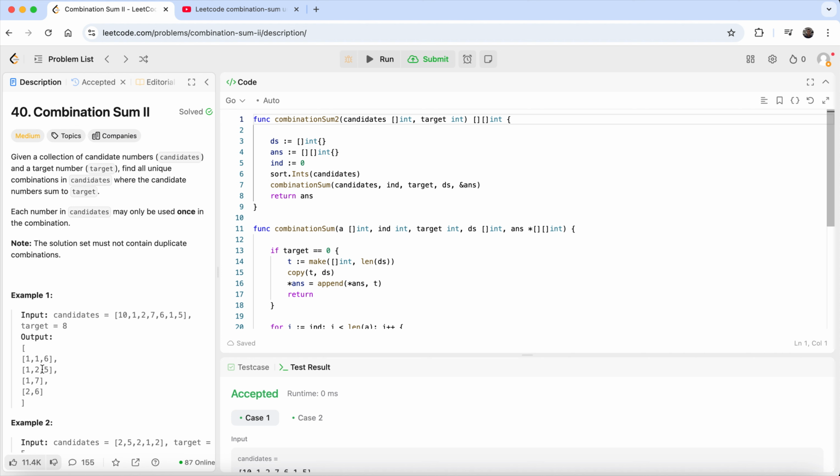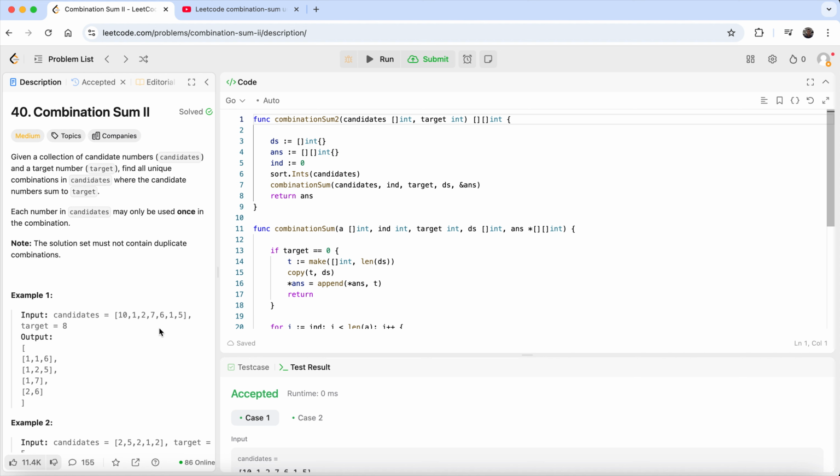That's also in Combination Sum 1, but there is a little bit of difference here. In this case, it says no duplicate numbers should come. You can see they give a collection of candidate numbers and a target, and we find all unique combinations in the candidates where the candidate numbers sum to the target. Each number in the candidates may only be used once. So if I use this one, then one, and then 6, 8, I cannot use